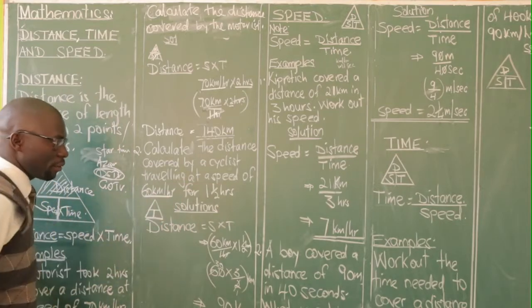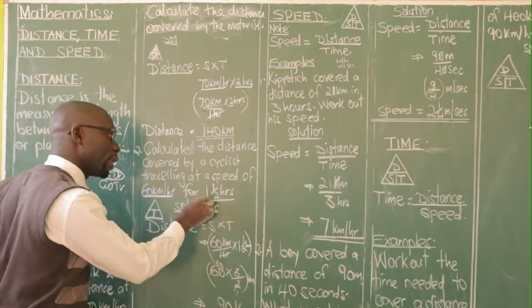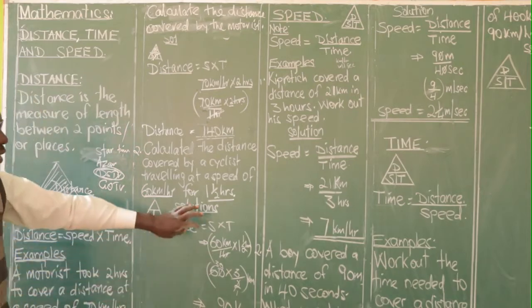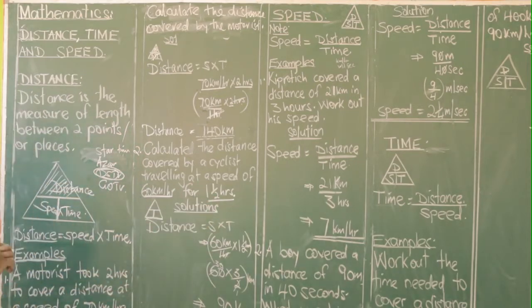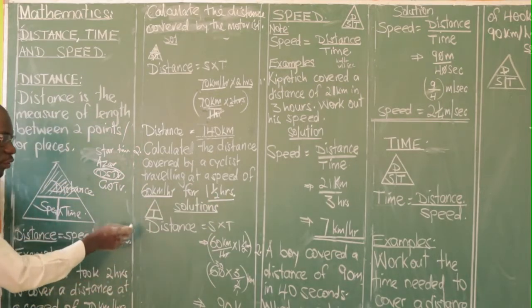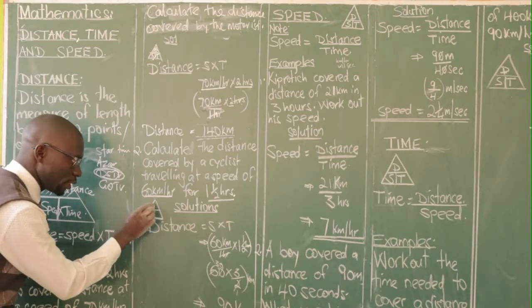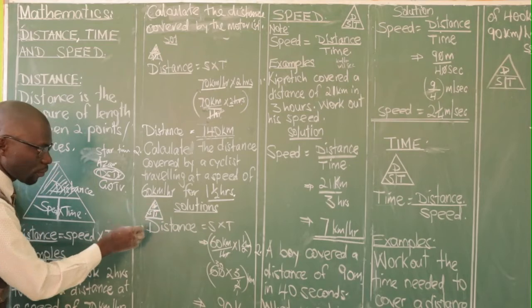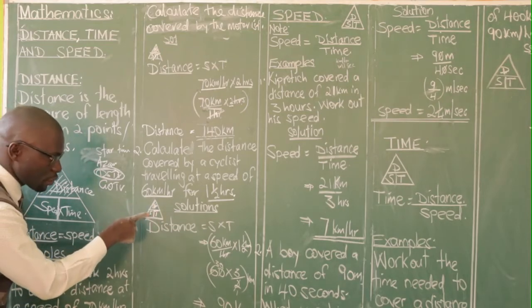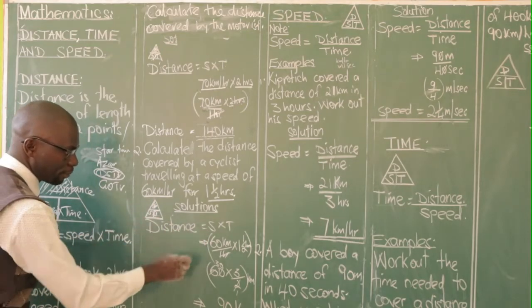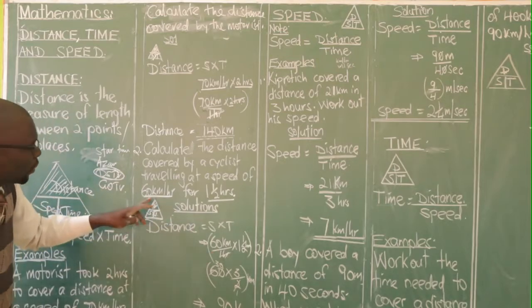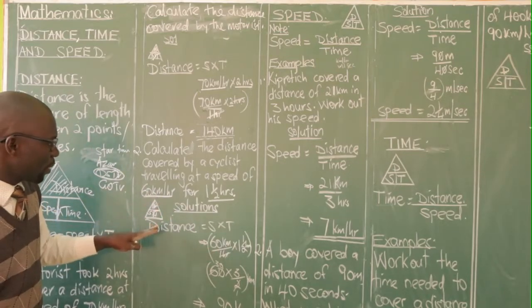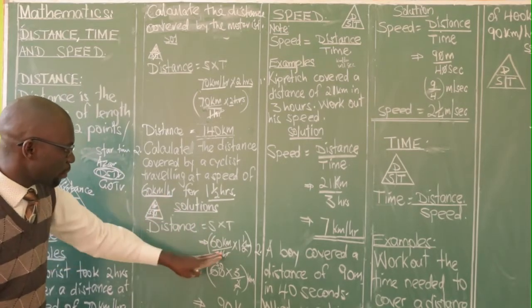Now, let's look at number 2. Calculate the distance covered by a cyclist traveling at a speed of 60 kilometers per hour for 1.5 hours. You see there's a fraction there, so we should be very careful. So our triangle normally, we shall say DSTV. Remember the formula? We shade the D, and we say distance equals speed times time. The speed is 60 kilometers per hour